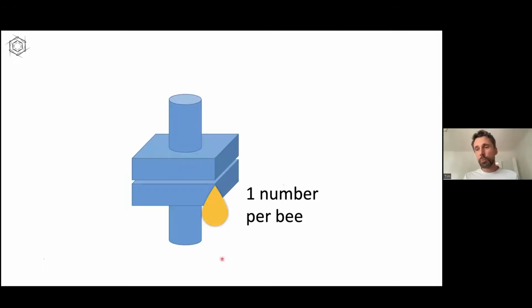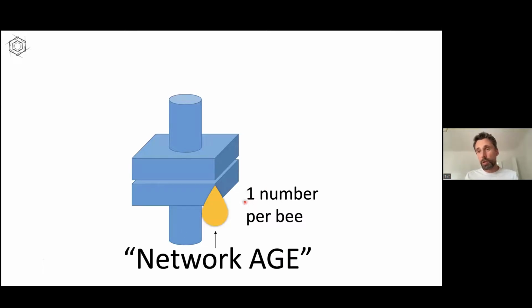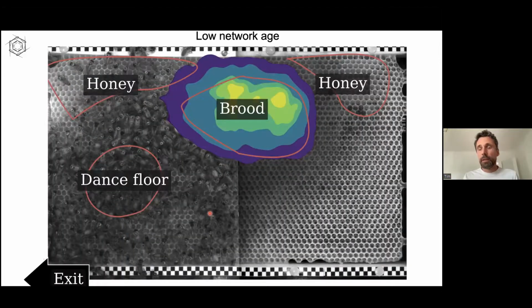And that's why we used a compression algorithm that we developed for these matrices and came up with a one-dimensional number per bee and day. And since we formerly used age to determine task, we now call this new number network age. And if you're interested in how we did this, I think we just used two well-known algorithms. It's not even deep learning or anything AI. It's written in the paper. We can talk about this later. For now, it's a compression algorithm, and it gives you one number.